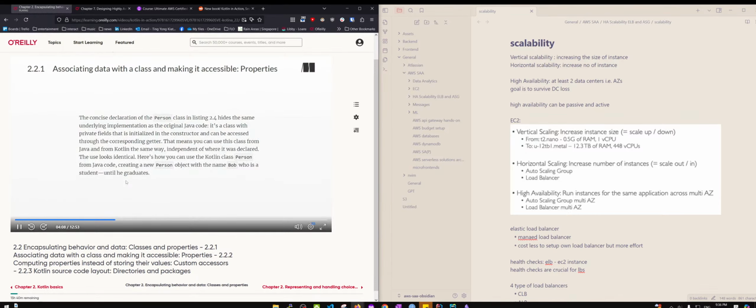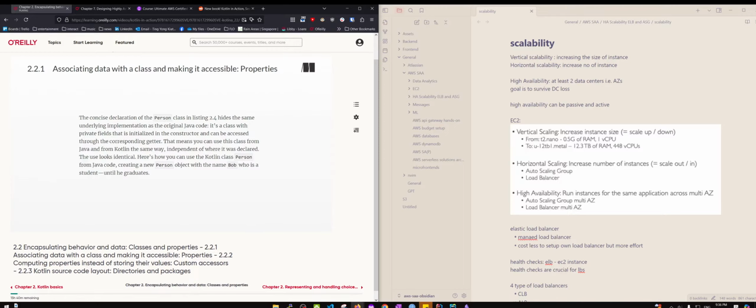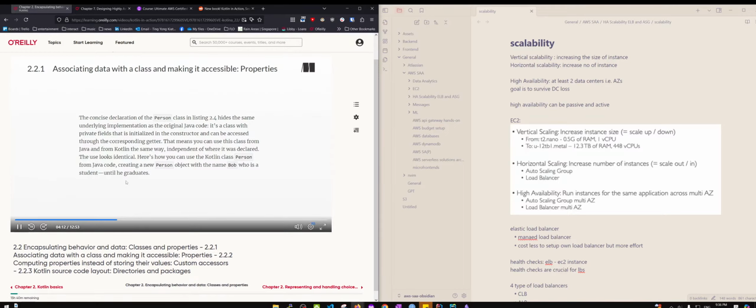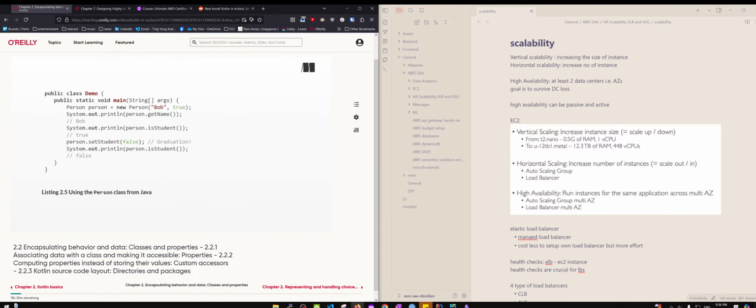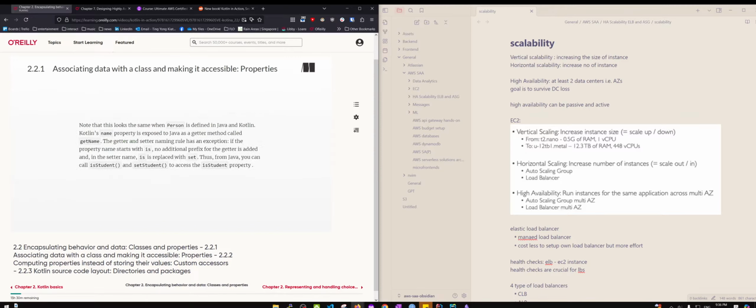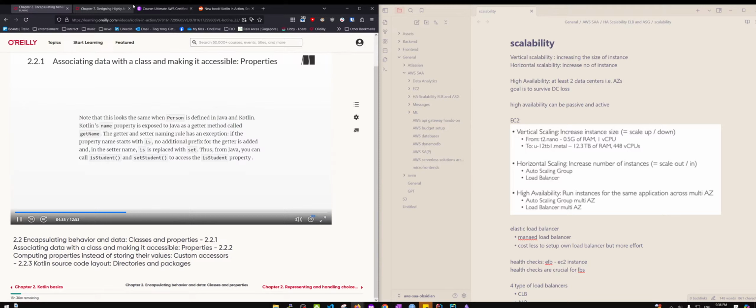That means you can use this class from Java and from Kotlin the same way, independent of where it was declared. The use looks identical. Here's how you can use the Kotlin class person from Java code, creating a new person object with the name Bob, who is a student until he graduates. Listing 2.5, using the person class from Java. Note that this looks the same when person is defined in Java and Kotlin. Kotlin's name property